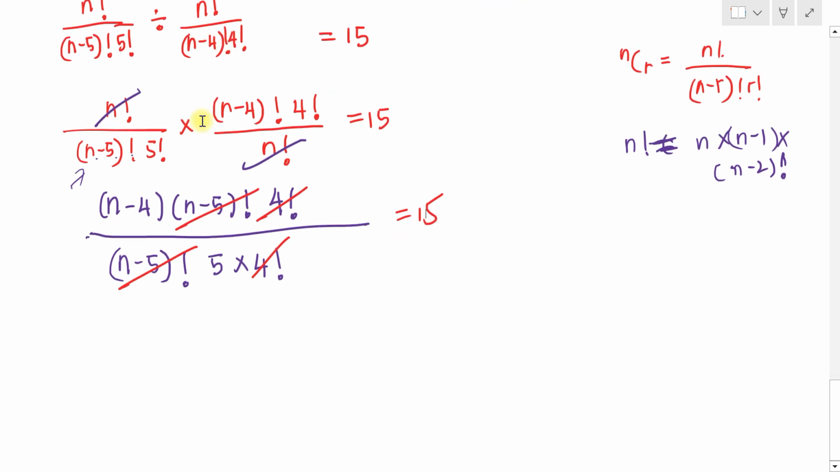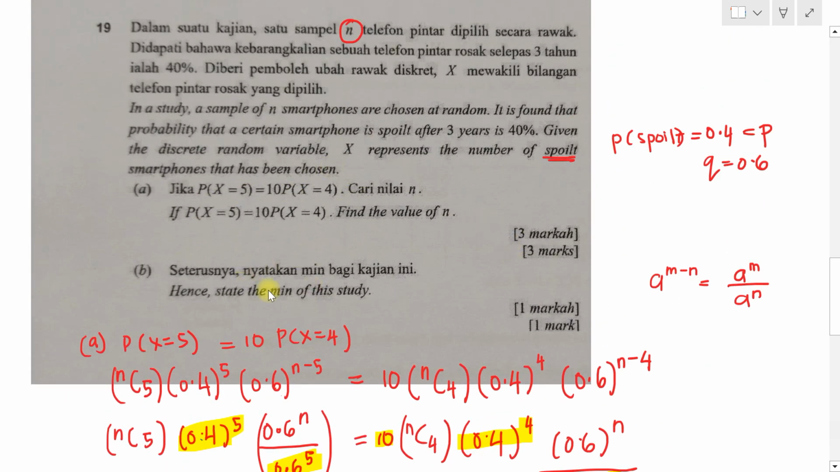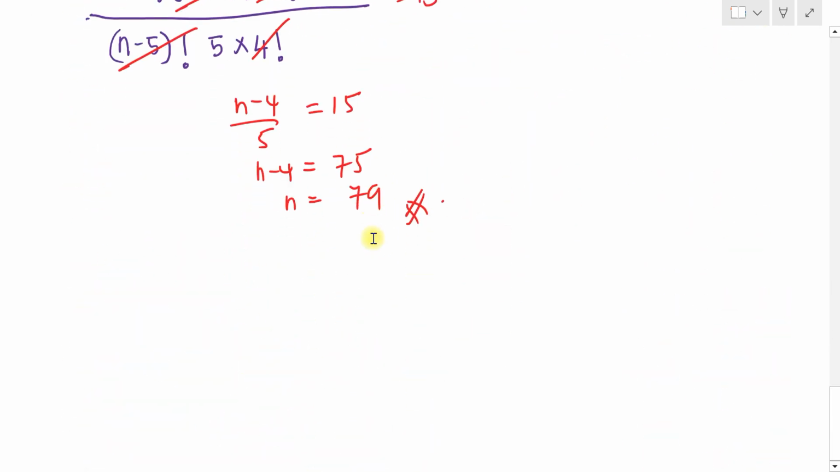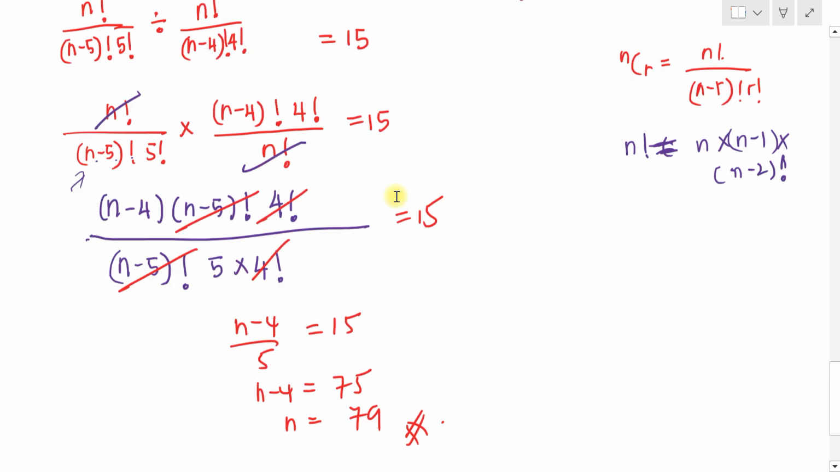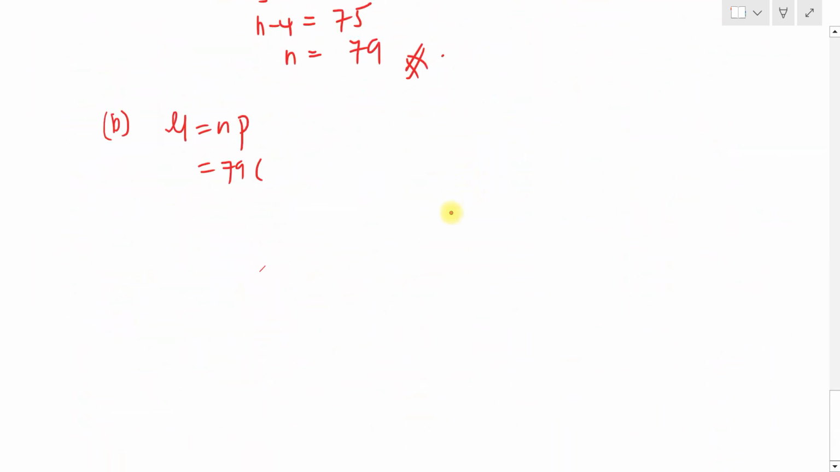So what is left now? n minus 4 over 5 equal to 15. n minus 4 is equal to 75. n equal to 79. So once you get 79, n equal to 79. Okay, now state the mean of this study. So for part B, mean is equal to np. So 79 times the probability of success, which is 0.4. And you should be getting